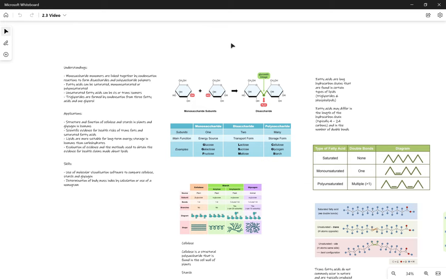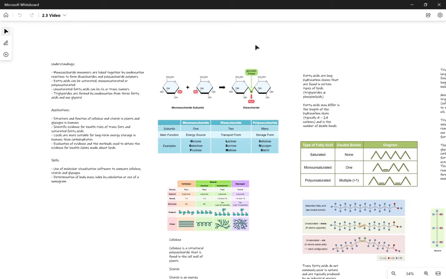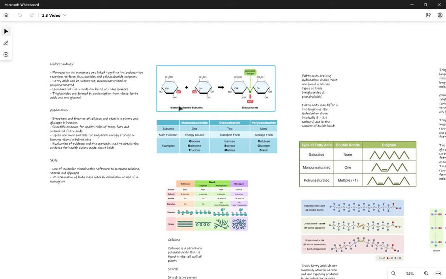So starting off with what a monosaccharide is: just a single sugar subunit. These can then join together with a condensation reaction, shown here, where two H's and one O is taken out. So a water is taken out and a bond, the glycosidic linkage with the O in the middle, creates a